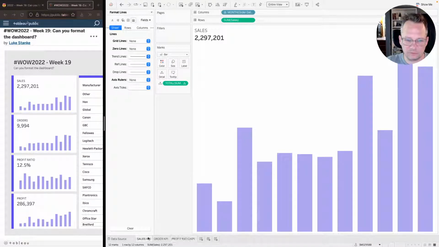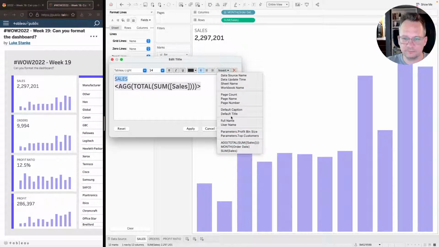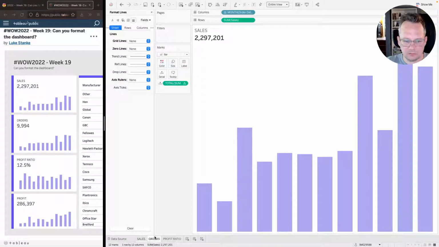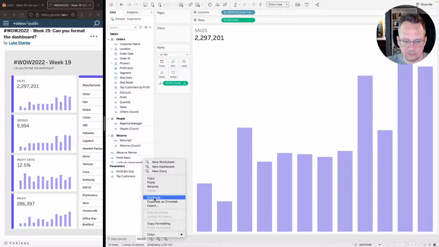Actually, you know what I'm going to do? I'm going to go here. I'm going to change my sheet name to just what they are. I'm going to remove KPI. And the reason I'm going to do that is because now I can just come in here and change this to sheet name. Okay. And now, so we'll get rid of this, and we'll get rid of this, and then we'll duplicate it,